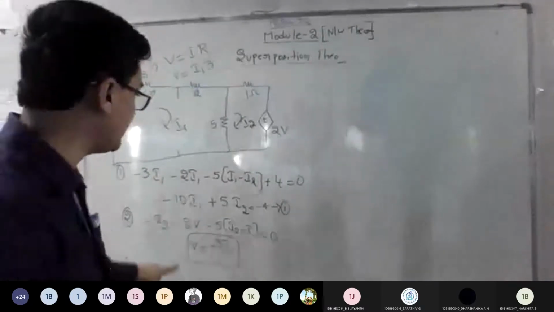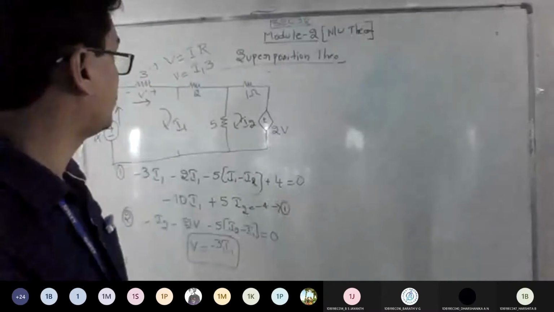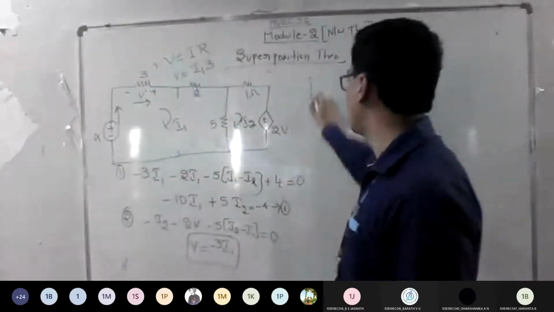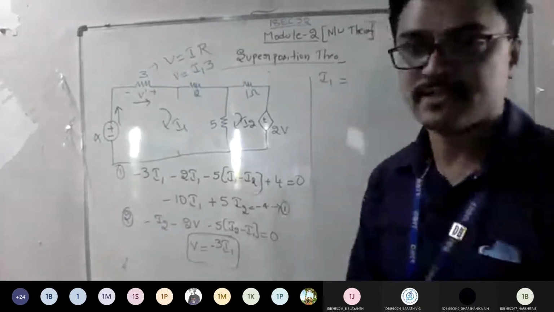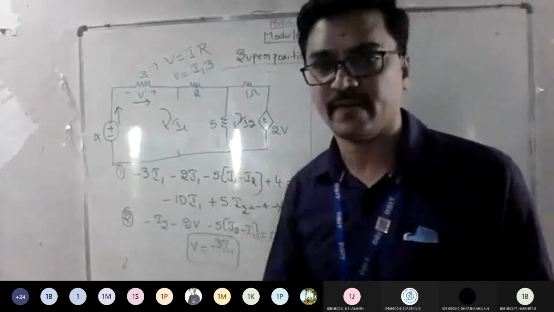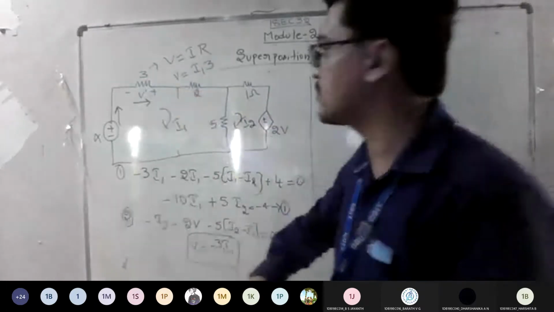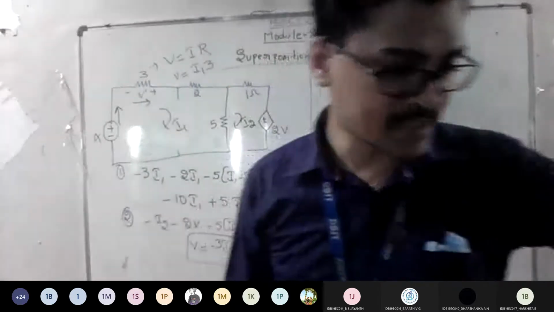So wherever you find V in the equation, substitute that and get me the answer for I1. Check out what is the I1 answer. I want the I1 answer for case 1. Solve using the calculator. Just substitute V equals minus 3I1. I hope everyone got why it is minus, because minus plus is there. If it was plus minus, it would be the same direction. Check out what is the answer.